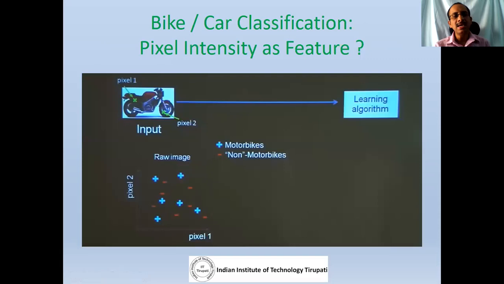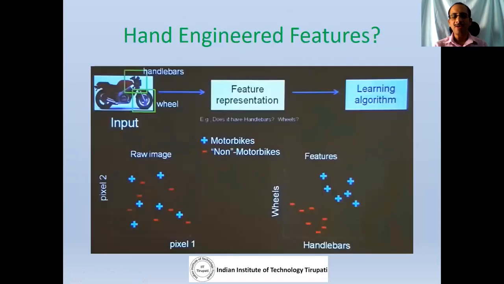In the case of cars and bikes classification, what may be good features? Number of tires, or whether it has a handle or not. Whether we have a handle or not, number of wheels, and so on. If I consider wheels and handlebars as features, and count how many wheels and how many handlebars there are in a given image, that may easily cluster the bikes and the cars. Is that not so?